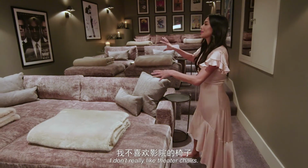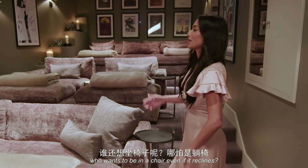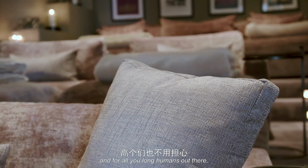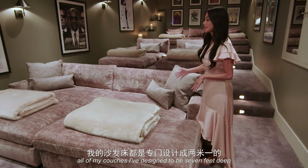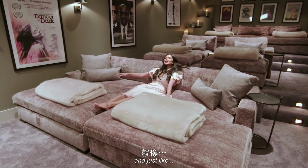I don't really like theater chairs. I'm like, if you're home and you're watching movies, who wants to be in a chair, even if it reclines? Why not be in like a big sofa bed? So every single tier has a big sofa bed. And for all you long humans out there, all of my couches I've designed to be 7 feet deep, so you can fully get all up in here and just like...